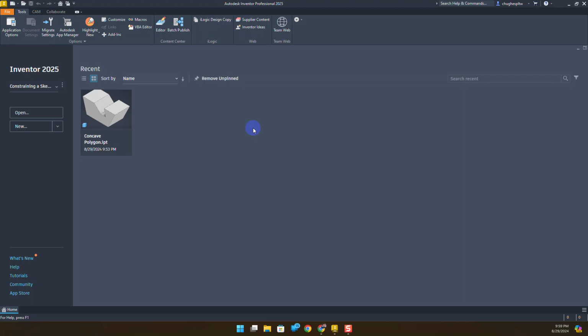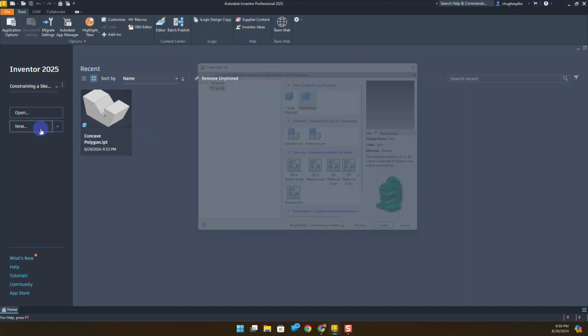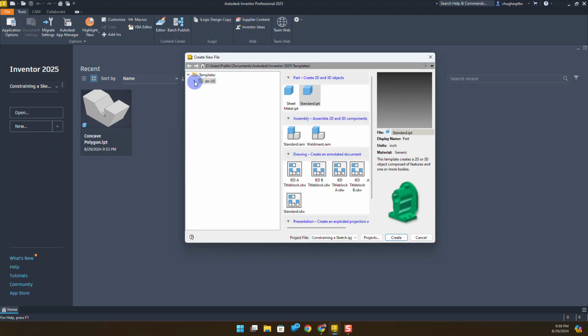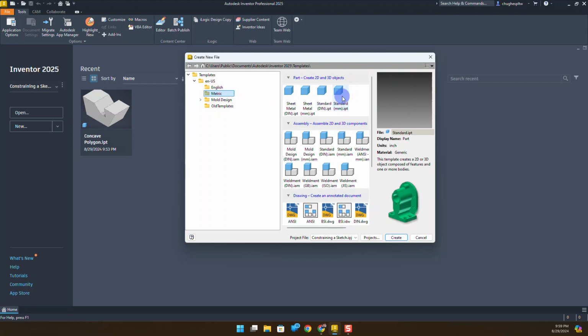In this video, we're going to be continuing on with activity 1.3.3, constraining a sketch, and we're going to be looking at steps 9 through 16. So in order to get started, we're actually going to start off with a new part file. I'm going to expand the folder and choose the metric folder and start off with a standard millimeter IPT